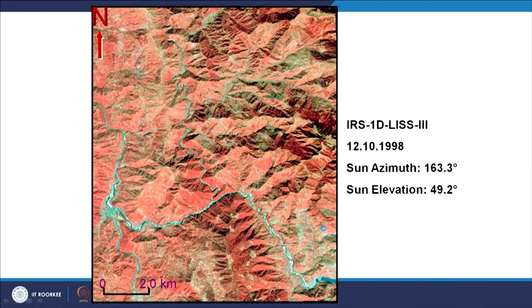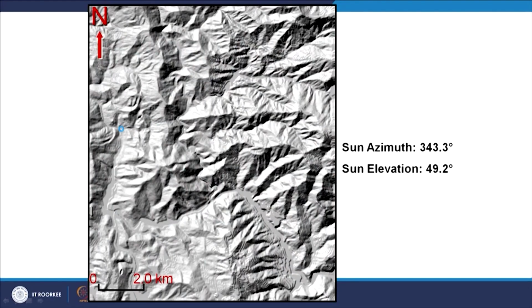So, in large part, I will show this image is suffering from FTPP. As you can see, here the Bhagirathi, which is a tributary of the Ganges, seems to be flowing on the ridge, which is not possible at all geomorphologically or topographically. But when we bring this